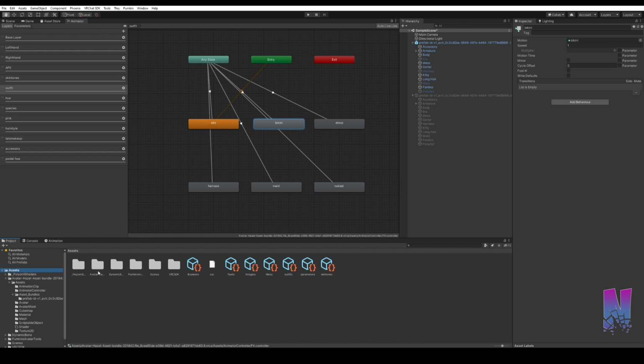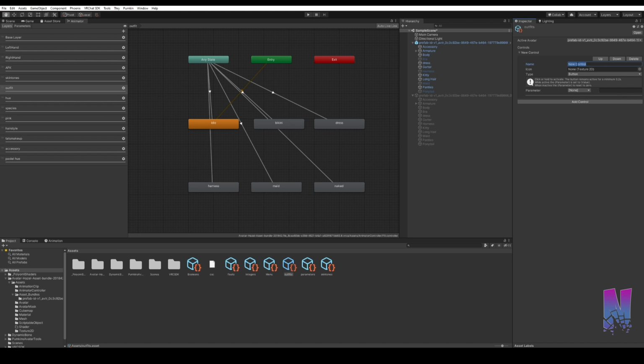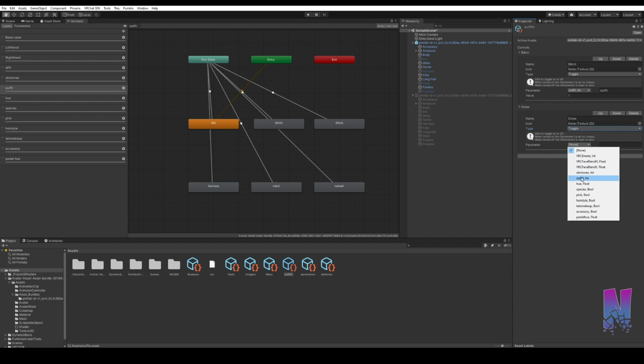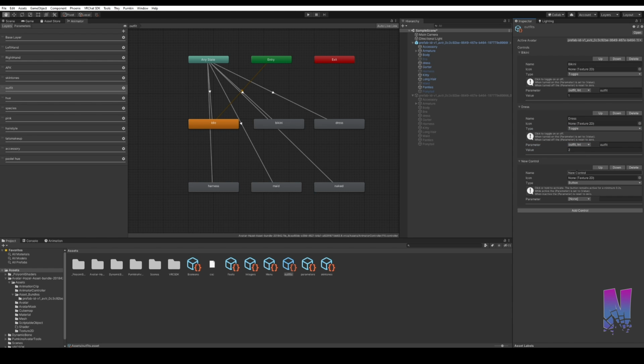Okay, now you're going to go to your outfits, and it's the same thing, just with the outfits. You're going to name it bikini, toggle outfits integer set to 1, add control, dress, toggle, integer set to 2, harness, toggle, integer set to 3,